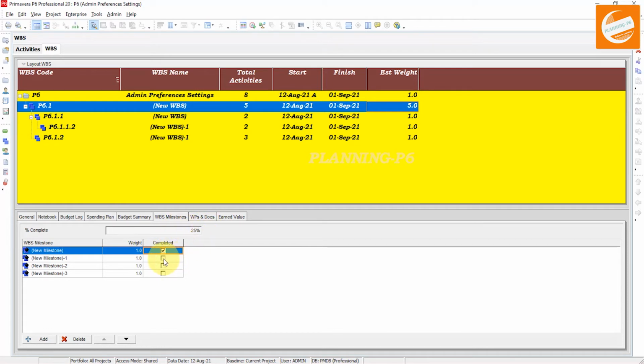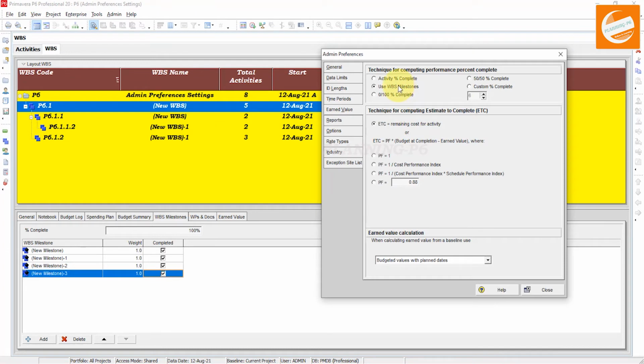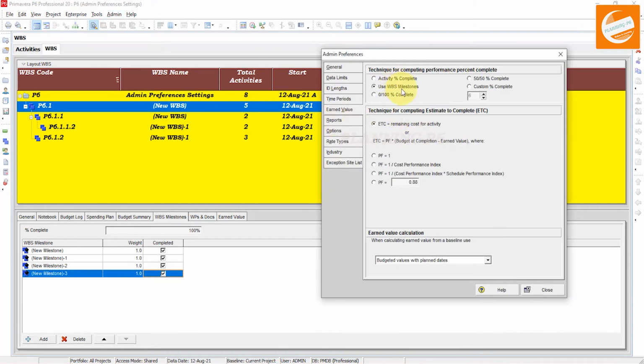You can see 25%, and if I complete 50% and 75% and 100%, that is the performance percent complete by WBS milestone. If I complete 2, then it will be 50% up to the WBS level. Then if I complete 3, it is 75%, and 4 is 100%. This performance percent complete is working like that in Primavera P6.